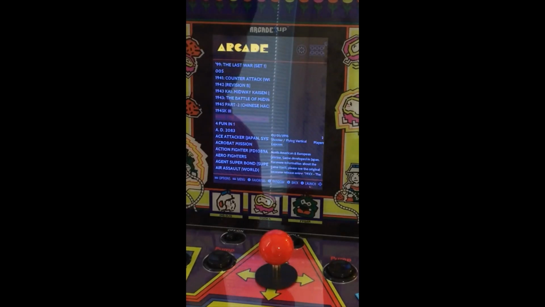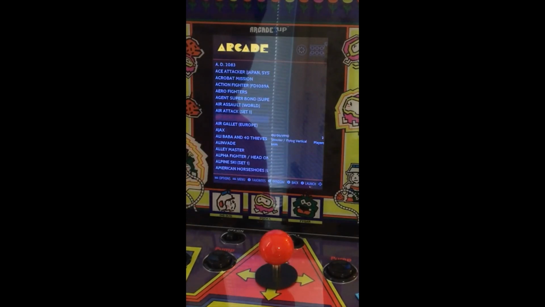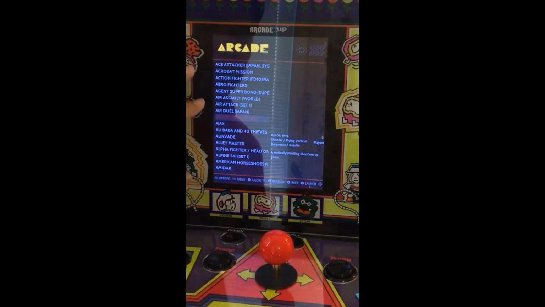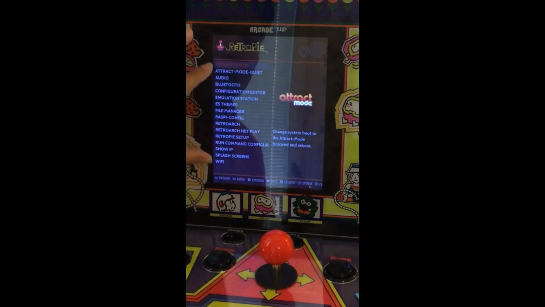So what I need to do is run the scraper, where it will go out to the internet to get all the pictures for me. Because I'm thinking about trying to play this on an emulator so I can add more games. But the problem with this image is that the track mode does not give me any of this Raspberry Pi utility